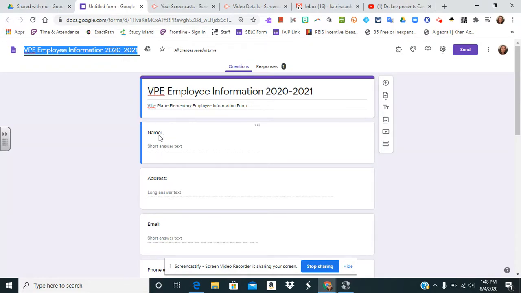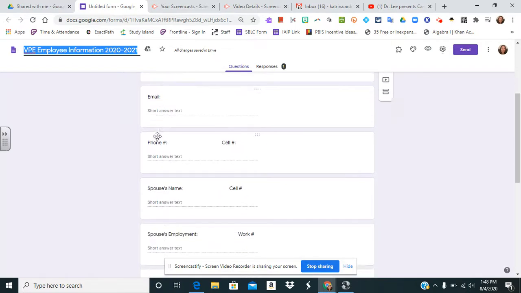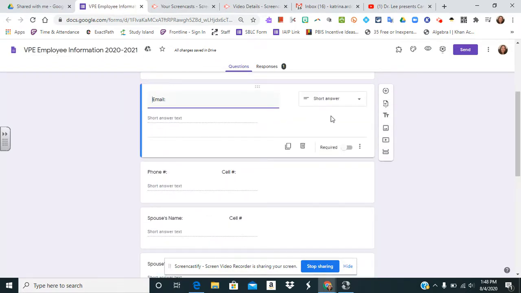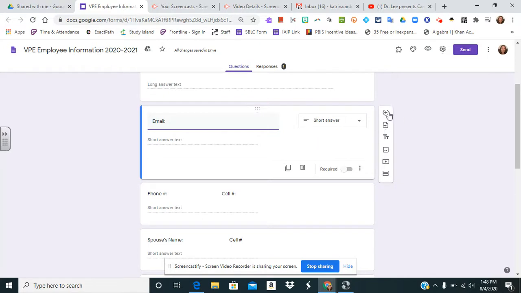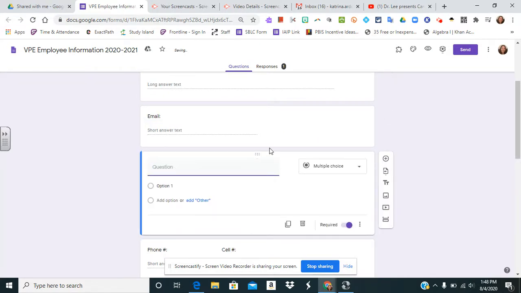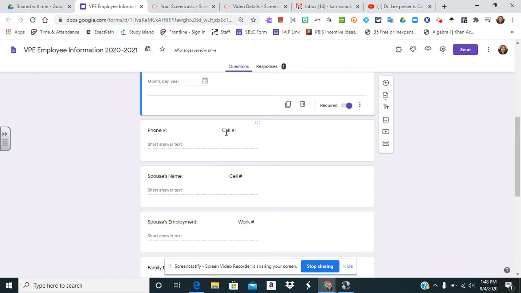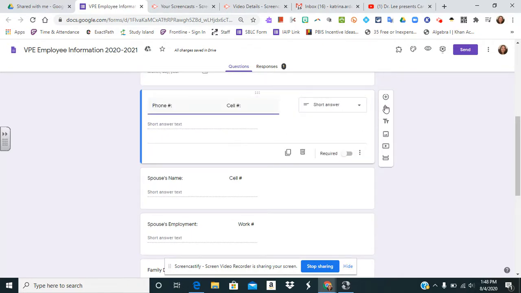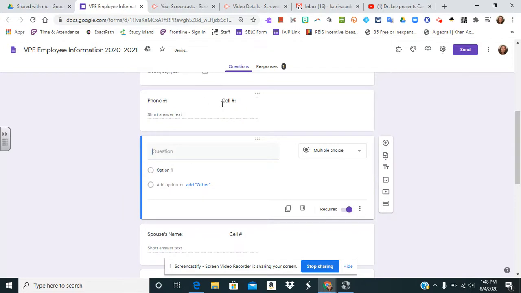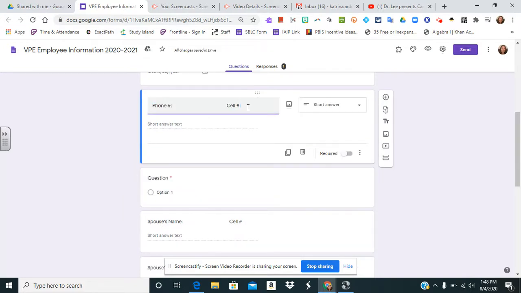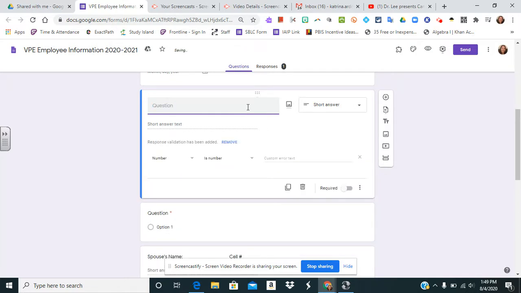Okay, so you have your name, you have the name of the employee, the address, their email. Something else, I know it's not on that sheet, but we're gonna add it. We're gonna add one thing and we're gonna put birthday. So they can put their birthday there. Phone. What we're gonna do is for each phone number, we're gonna add a new space for them instead of having two phone numbers back to back. And all those spaces in there are gonna throw the whole form off. So we have to make sure we're very specific in what we put in here. So we're going to put phone number